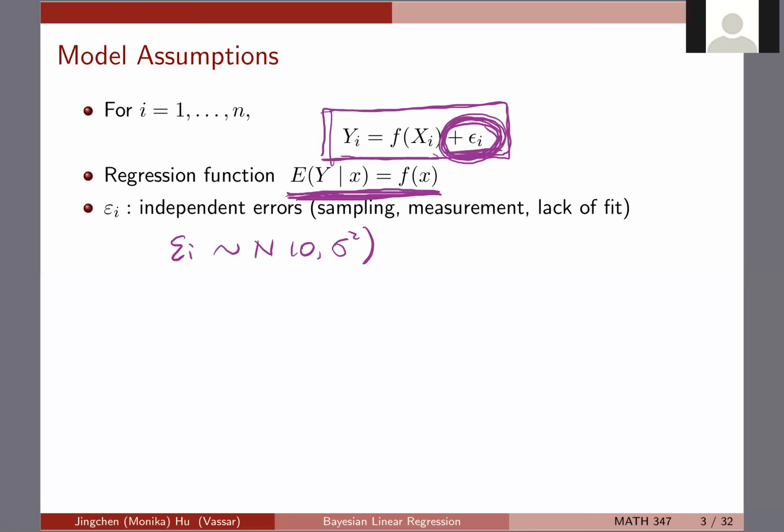So usually for linear regression, the variance is another quantity that people try to make inference about. I just want to emphasize a little bit about the expectation over here. So you have yi,